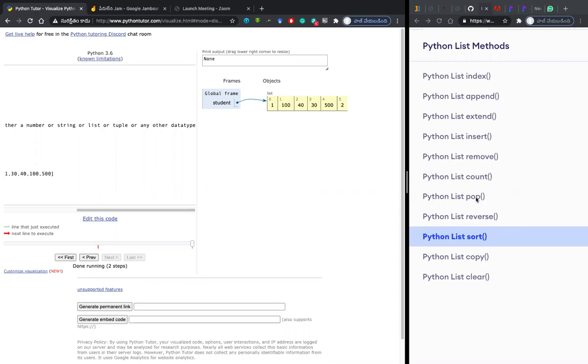Pop. Yes, pop can be type 2 and also pop can be type 4, because sometimes you don't send any parameter, but still it is default -1. So by default every time we need to consider it as type 2. So now sort, type 2. Okay, right.